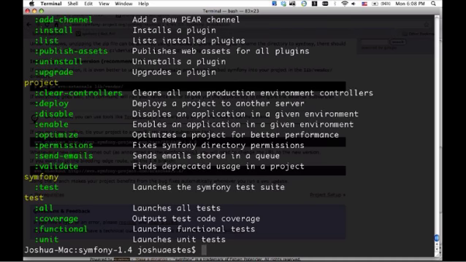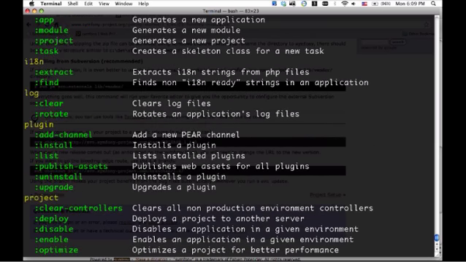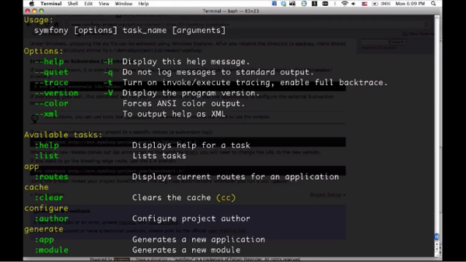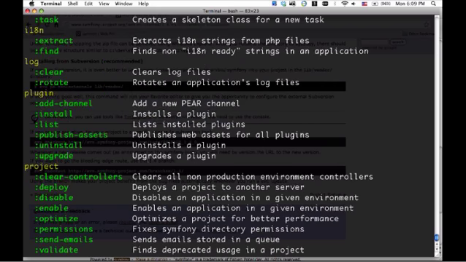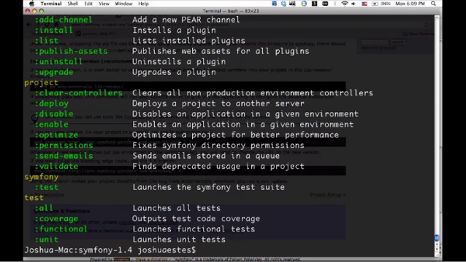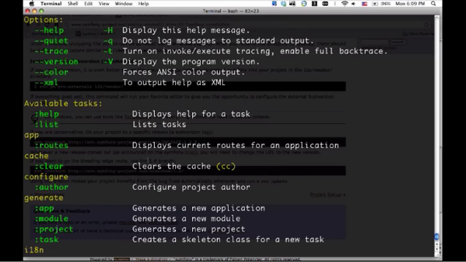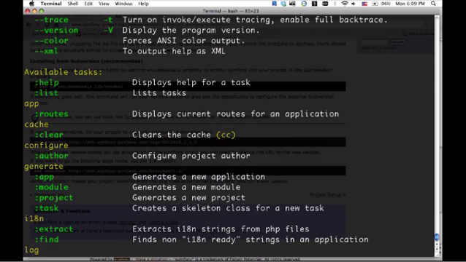So Symfony comes with a command line, which if you just do PHP symfony, you'll get a bunch of different options that you can use. They're all really handy. When I first saw Symfony, this was actually kind of a turn-off, so I kind of went to another framework. But now that I've used it and gotten used to it, the command line is actually really awesome. It does a lot of things for you. Since we don't have a project created, this is just kind of the basic stuff,